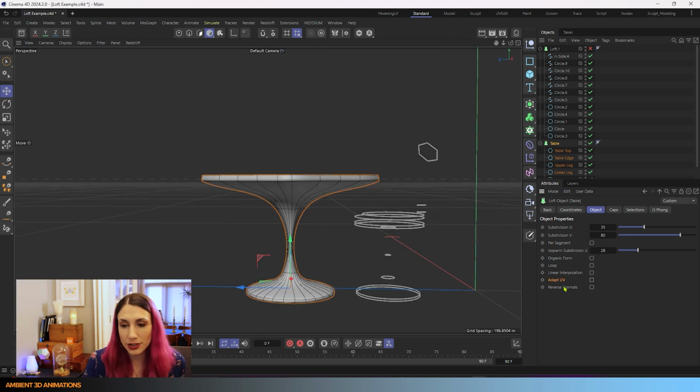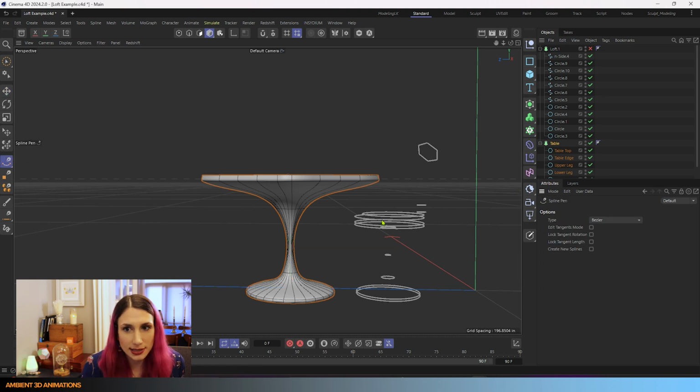If you turn on reverse normals, it will reverse the normals of your mesh. This mainly comes into play if you are creating something that has an open spline for it. So if we were to create something,